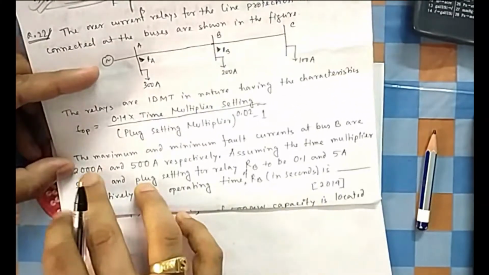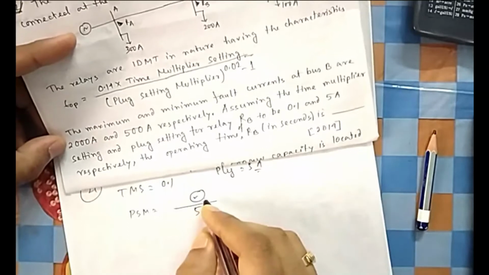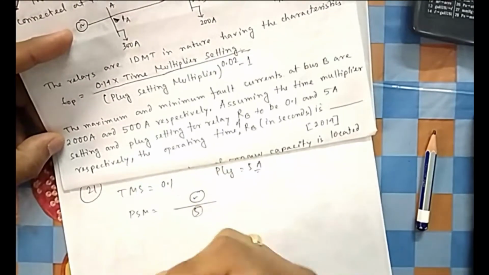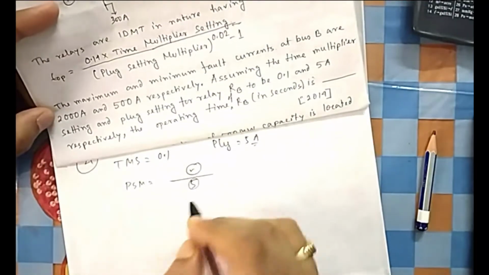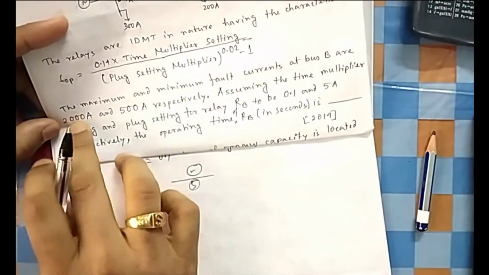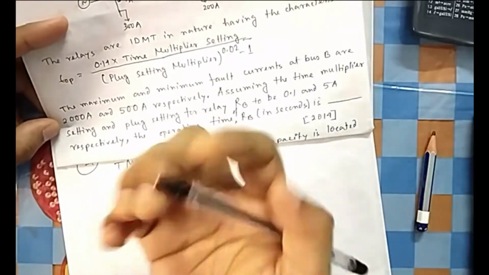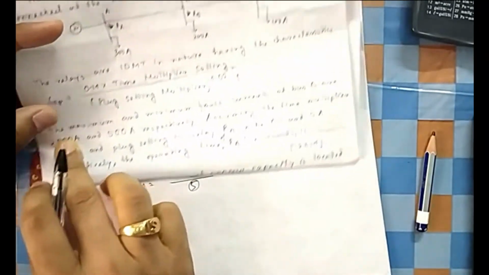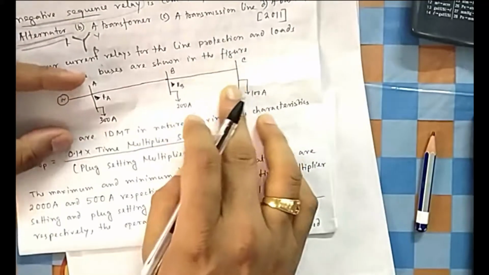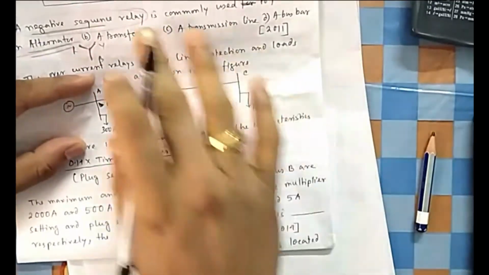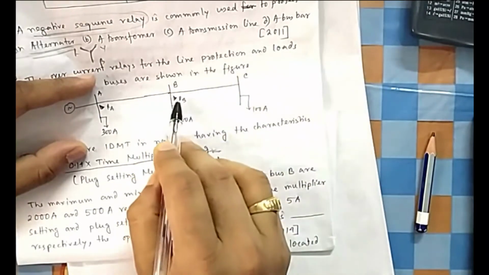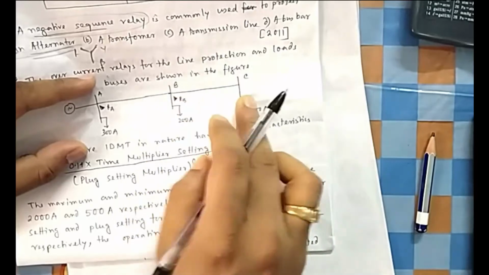So we are doing it for the maximum fault current, 2000. Now what is the CT ratio? They have not given you the CT ratio. The 5 ampere threshold is on the CT secondary side, but this is the actual fault current. We want to get the CT secondary fault current, the replica of that fault current. For that you need the CT ratio. CT ratios depend on the loads connected. You can see that figure, that problem also, and here the load current that is flowing through is 100 ampere.